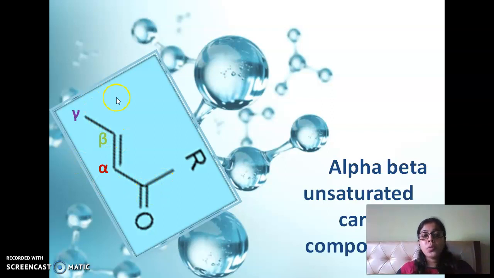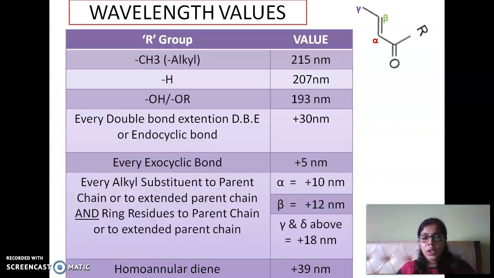So we are going to use this as our parent and go with the new set of rules put by Woodward Fisher for the organic compound having the structure with a carbonyl group and a double bond, that is an unsaturation, which is conjugated to my carbonyl group. Coming to the set of rules, you can see the list of rules enlisted. Here our parent is R-C=O-CH=CH. So this entire thing makes our parent.